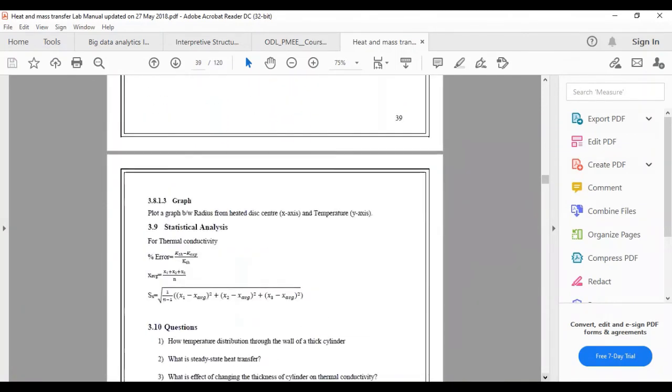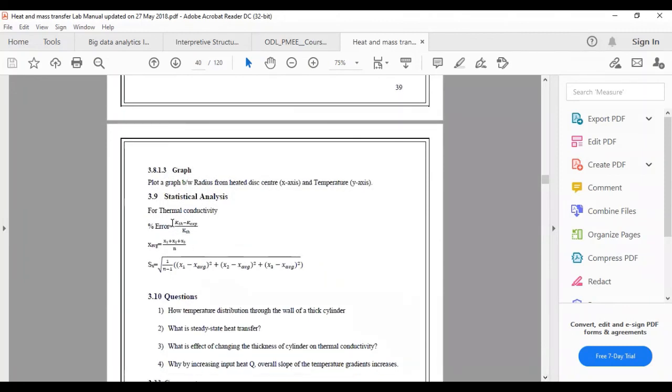Now finally, you need to conduct some statistical analysis again. For all the thermal conductivity values, theoretical values are given in the literature. You have got your experimental value, and you will take the difference to measure the percentage error. And this x is showing the value of thermal conductivity. If you have 4 sets of readings, you will add them and divide by 4. If you have 3 sets of readings, you will add them and divide by 3. So you will get the average value.